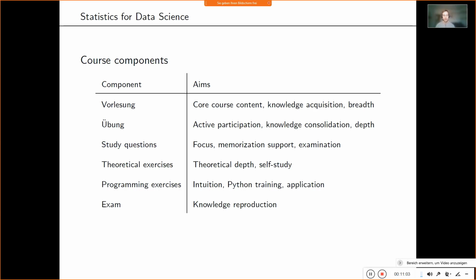And then there will be an exam, and in the exam you are required to reproduce knowledge. It will not be a transfer exam where you have a problem and the question is which statistical methods you best apply and why. I want to make sure that you know statistical methods and that you can reproduce things, so that after you know a lot, later in your life you are able to apply things based on what you know, and not try to apply things without knowing what's going on. A lot of people try that in courses, and I don't like that. It doesn't work.